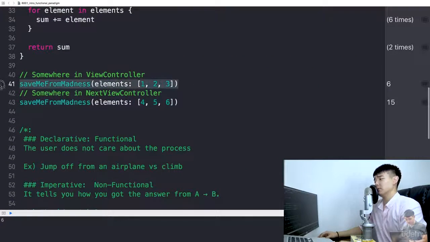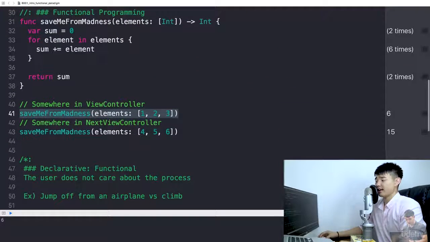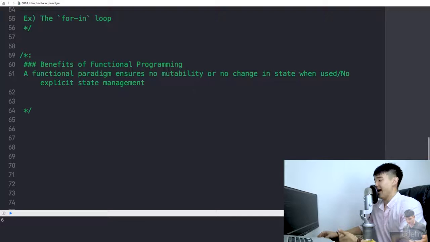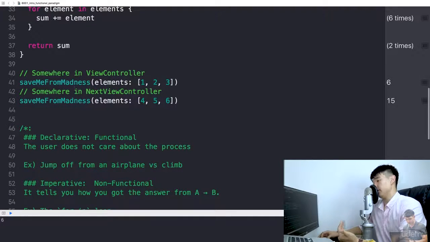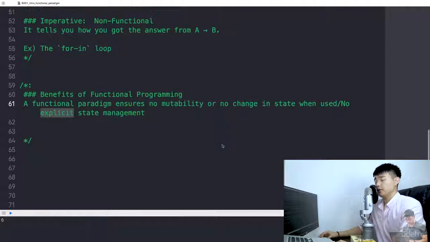And when it comes to functional programming, you don't track the state. The state is already tracked internally by the function, which saves me from madness. It's done internally, so you don't have to explicitly manage the state. It's going to work if you use functional programming, so you don't have to care about it. Okay, so here comes